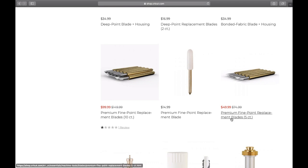Now, it doesn't matter. It just depends on how many you want to stock up at a time, because basically it's going to be about the same. I mean, obviously it's not the same price, but this is half of this. So it's still both a good deal. So say you get the 10 count, that's what I've purchased. It comes in this little container. That is going to be